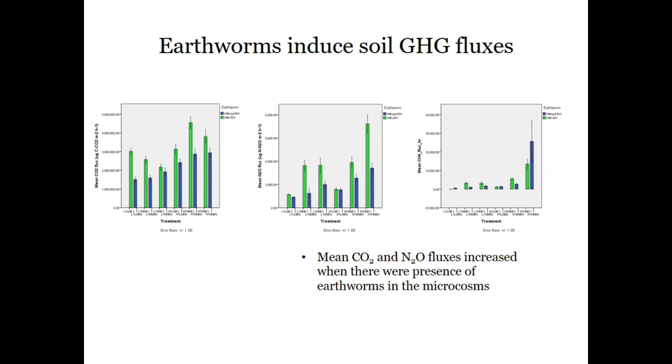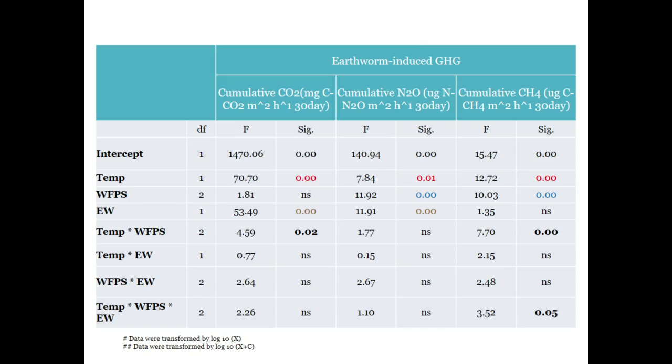So then we go further down to see how the earthworm-induced soil greenhouse gas flushes. From these three graphs, you can easily tell that for the CO2 and N2O emission, the presence of earthworms actually increases the gas emission very well. However, for the methane emission, we don't see that. Therefore, to have a statistical analysis, I conducted the three-way repeated measures ANOVA, and it also tells you that